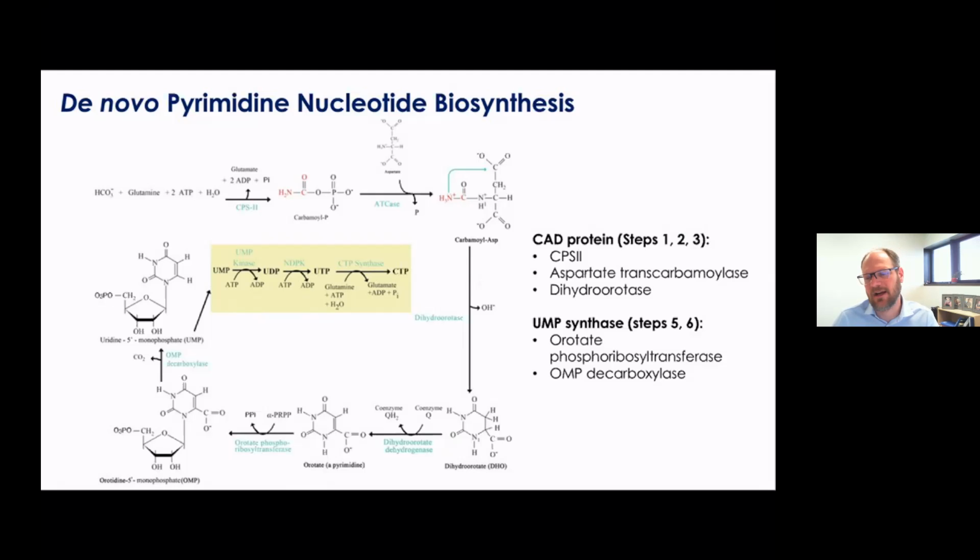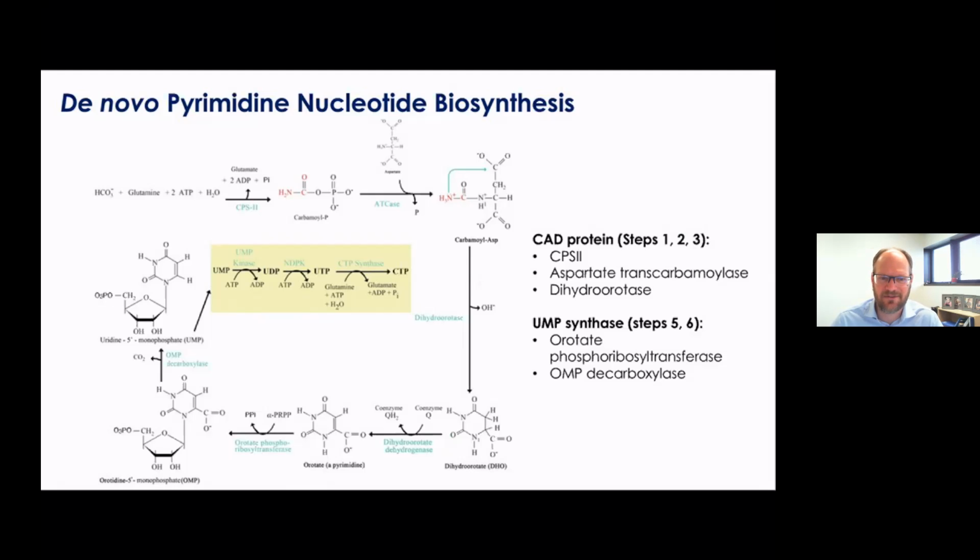This is exactly the same reaction we saw starting out the urea cycle, except this is a separate enzyme, CPS2, carbonyl phosphate synthase 2. This makes this activated carbon molecule that you can use for biosynthetic reactions. Then from that, you add an aspartate,